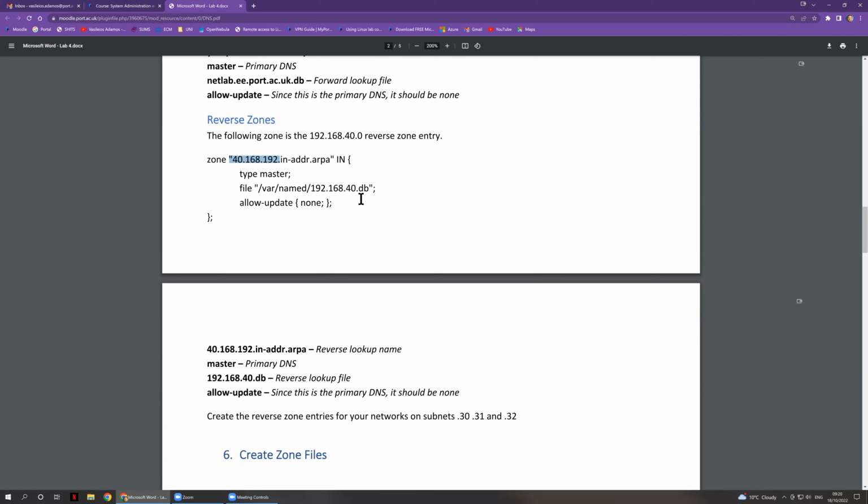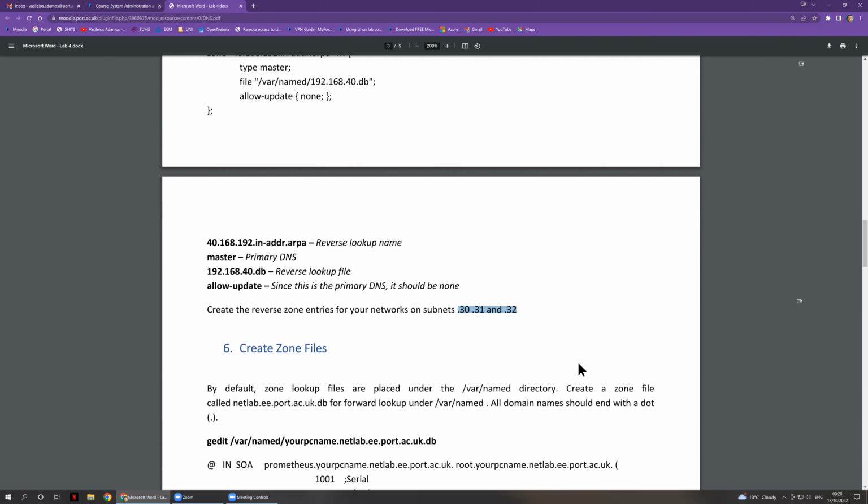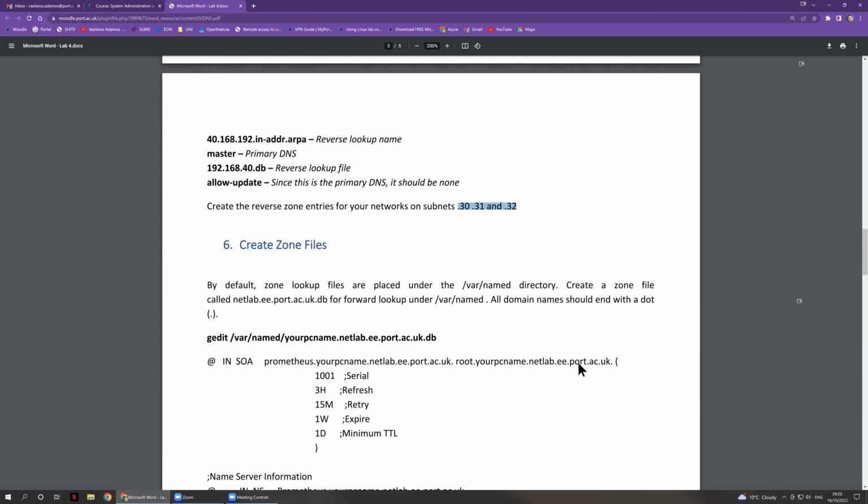In the same way, you need to create reverse zones for 30, 31, and 32 as well. Now, once you have all of this information in named.conf, you can go and actually create the zone files that